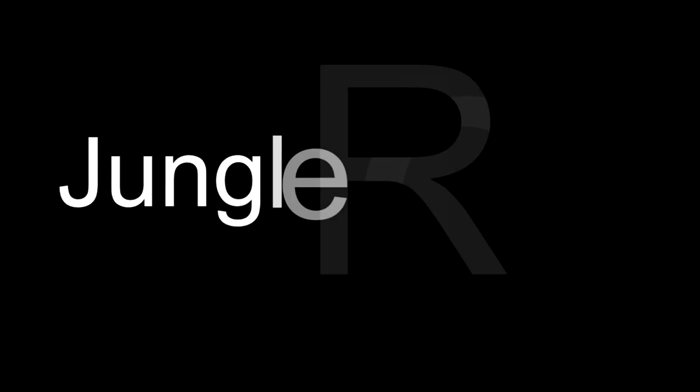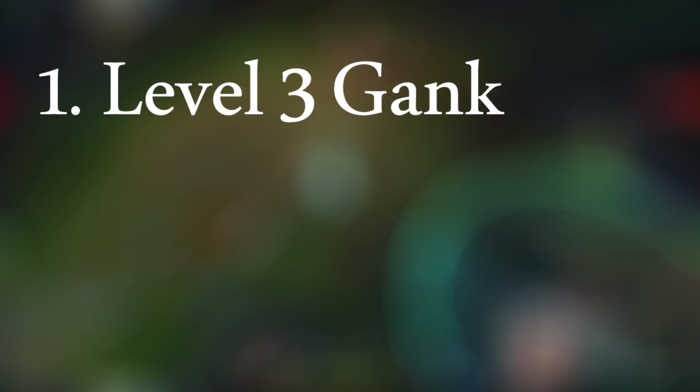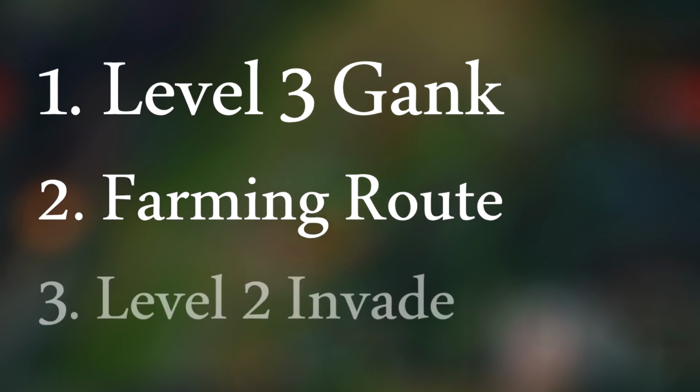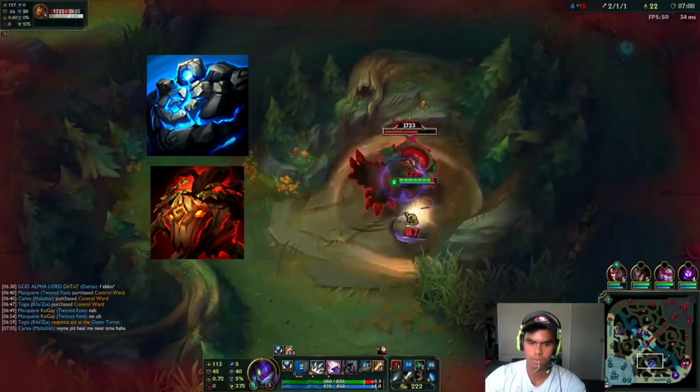Now it's time to move on to jungle routes. Now there are only 3 jungle routes that you need to know. The first is a level 3 gank, the second is a farming route, and the third is a level 2 invade. For the level 3 gank route, all you have to do is start at 1 buff,